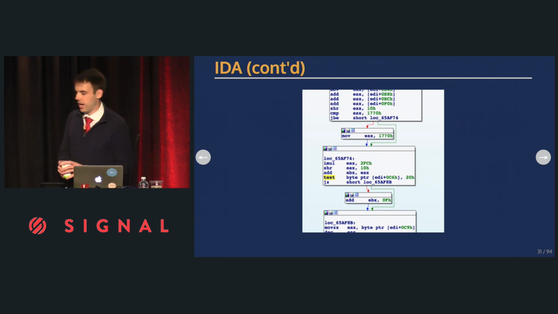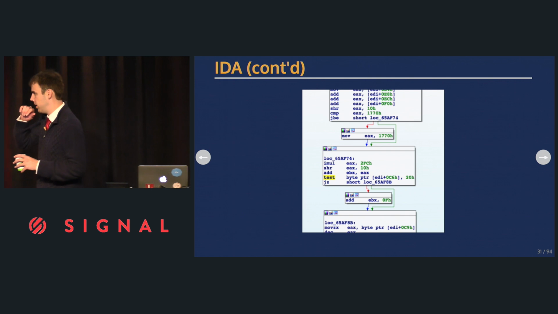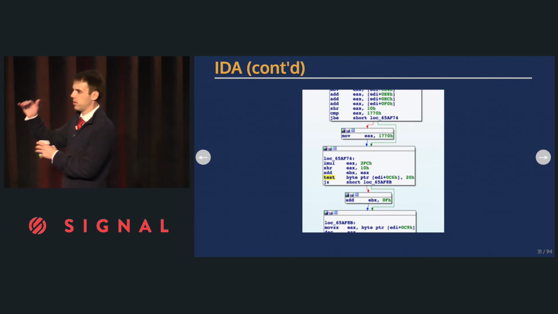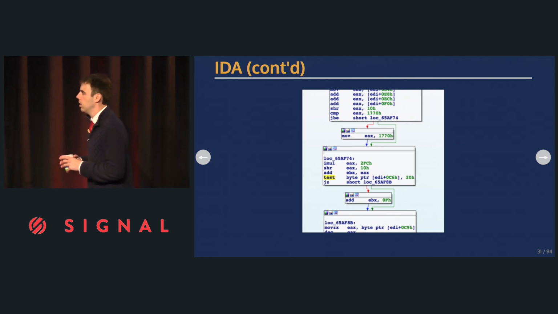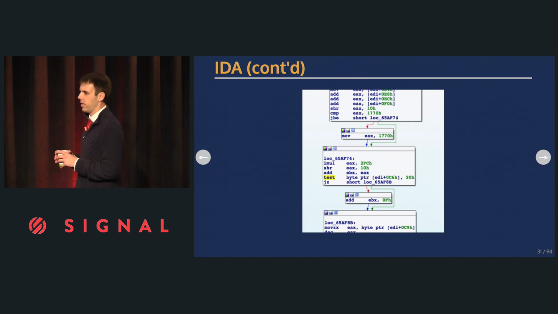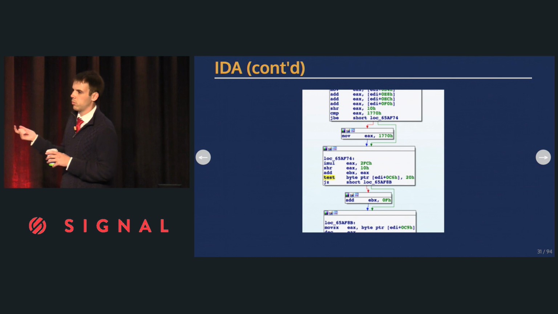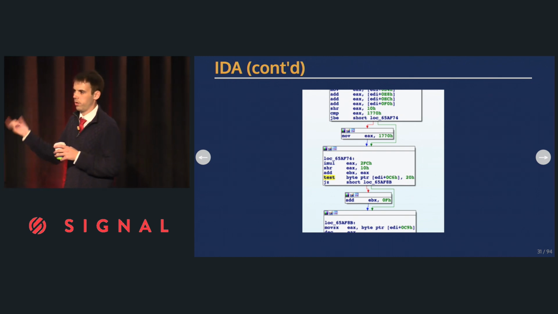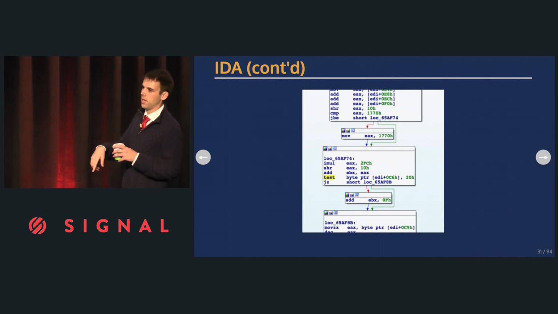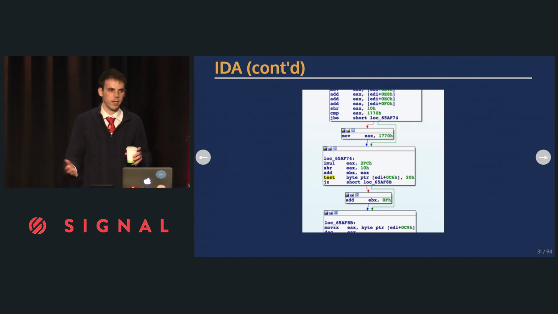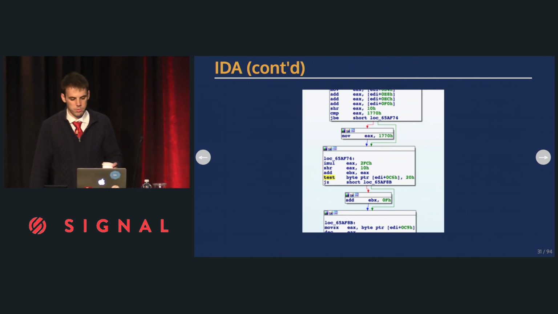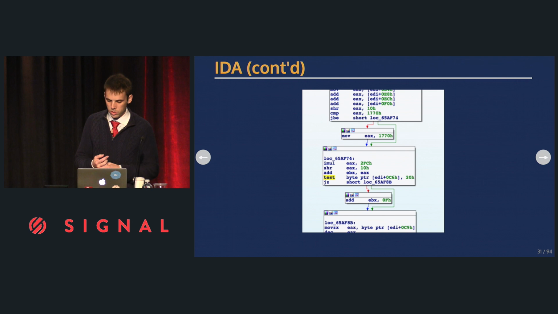So yeah, you get output that looks like this. It groups functions into contiguous blocks. And you get some nice stuff like if there's a jump, it will show you with a green arrow and a red arrow. The green is what happens if the jump is successful. This is where you go. The red is where you go if the jump is not successful. So you can get a sense for how the program is running and what it's doing